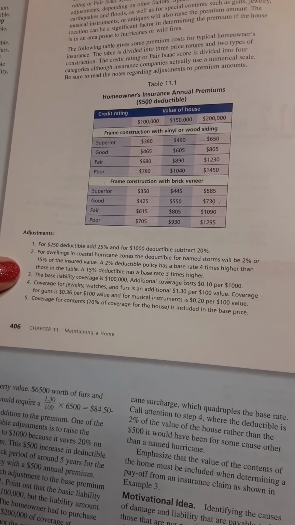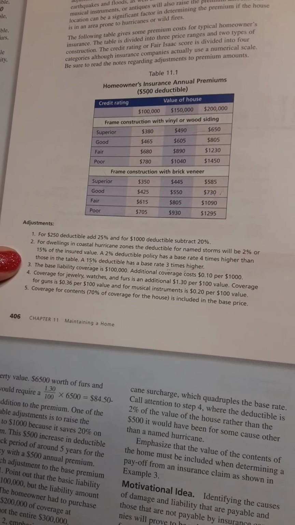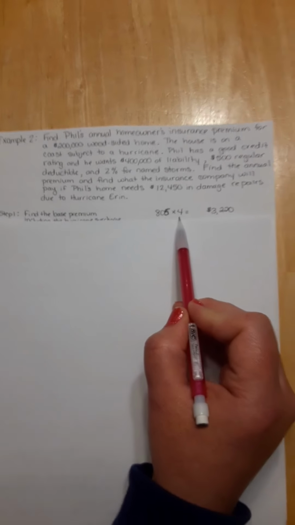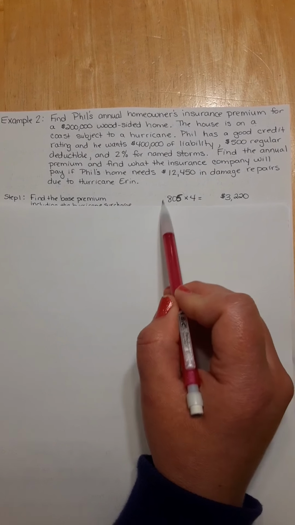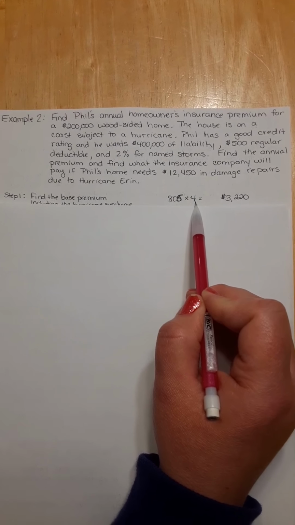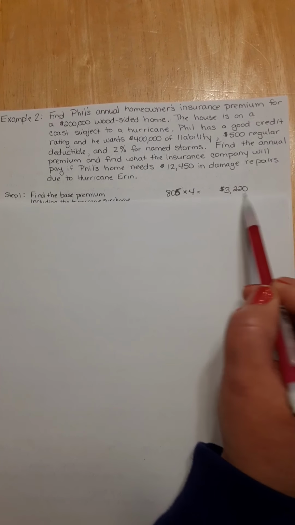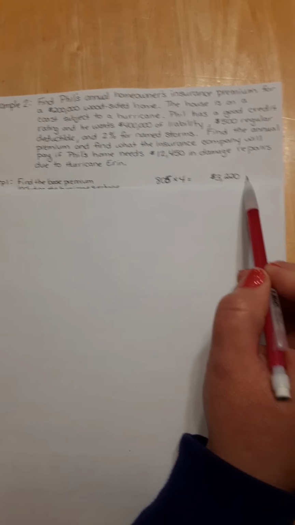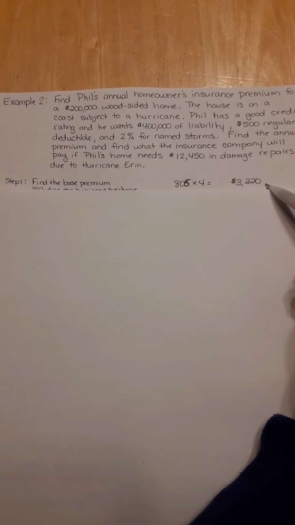A 2% deductible policy has a rate 4 times higher than that on the table. So this is where the 4 came from. Because they live in a hurricane zone, I need to take their annual premium and multiply it by 4 times. This raises their standard basic insurance. I really hope they like living in that hurricane zone. They're paying for it. Okay, so now that we have their base price for living in the hurricane zone, now